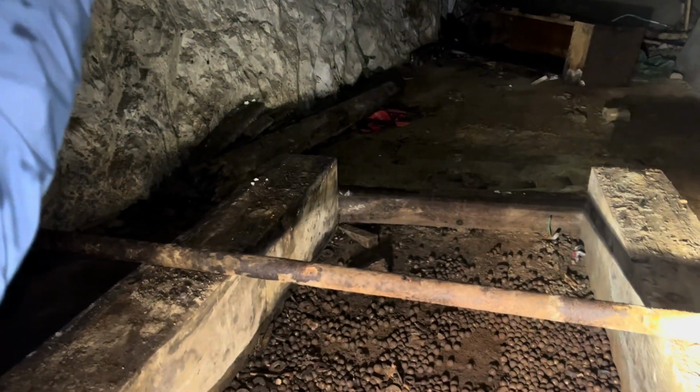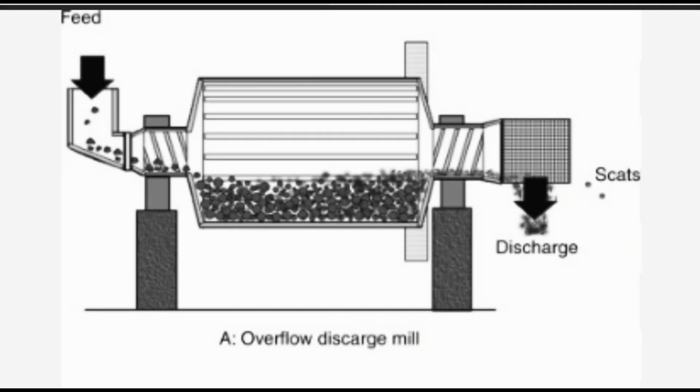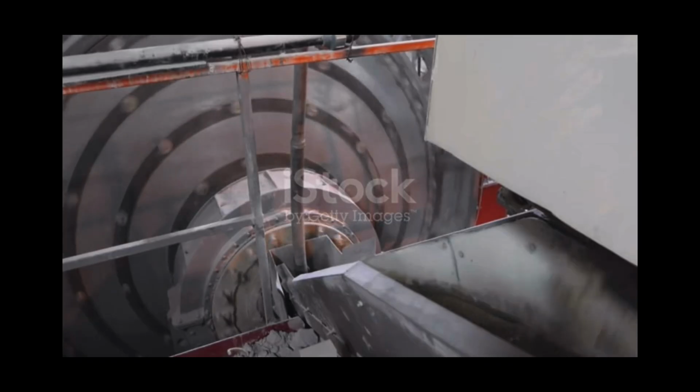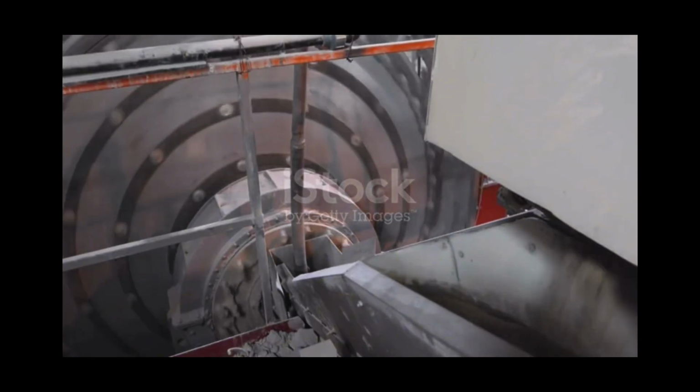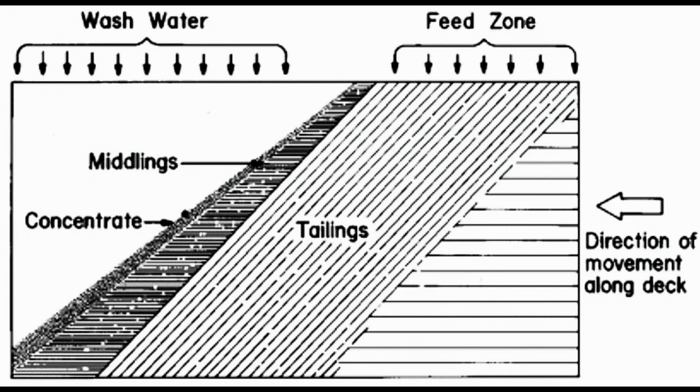So this was the foundation right here for the old ball mill. And last time I was here, I actually was able to get some footage of that. This is the machine that would grind the ore into a fine powder. Typically, it would discharge directly onto a shaker table, such as this. Its job is to separate the gold from the other materials. Gold is heavier, so it settles to the bottom of the table with a series of vibrations, while the lighter